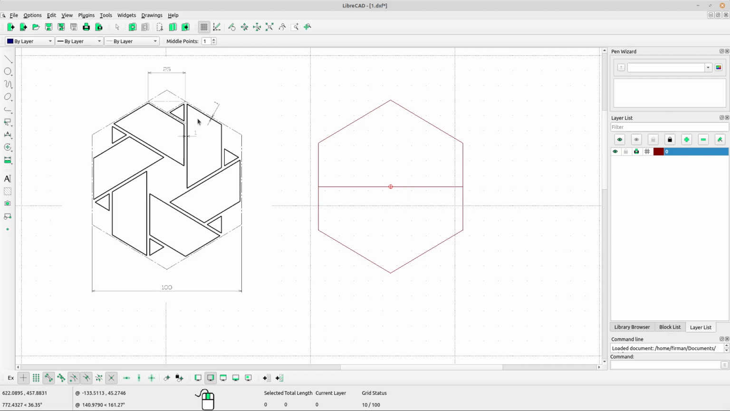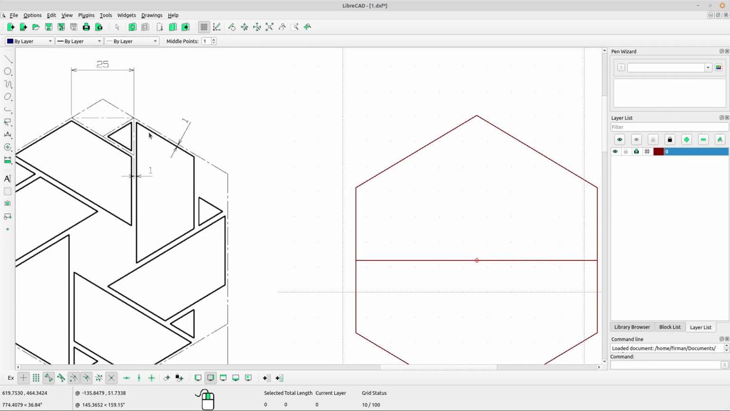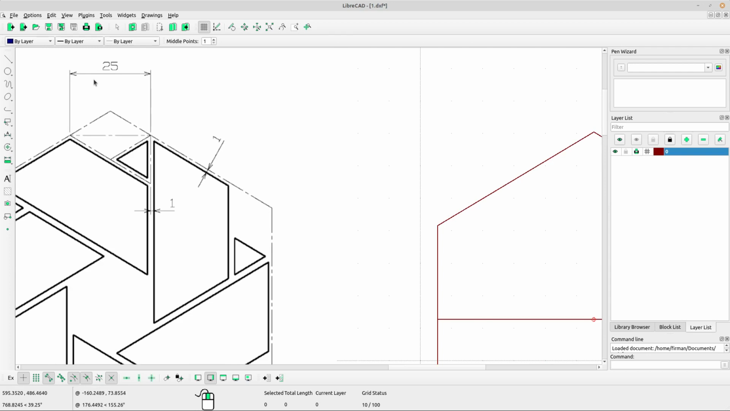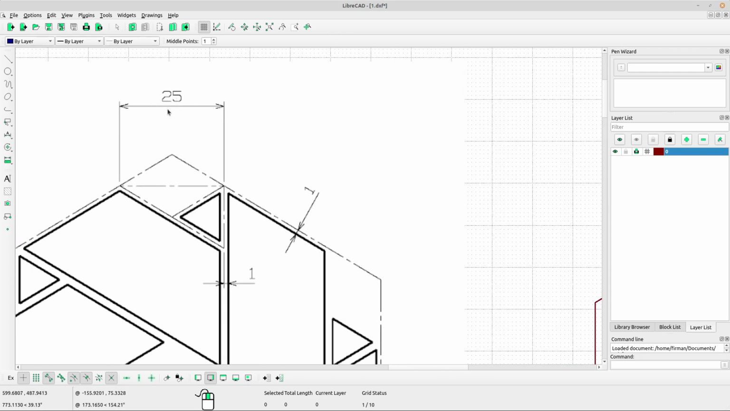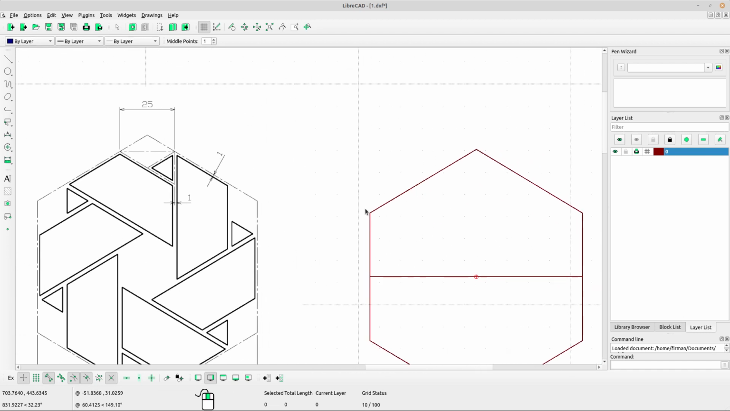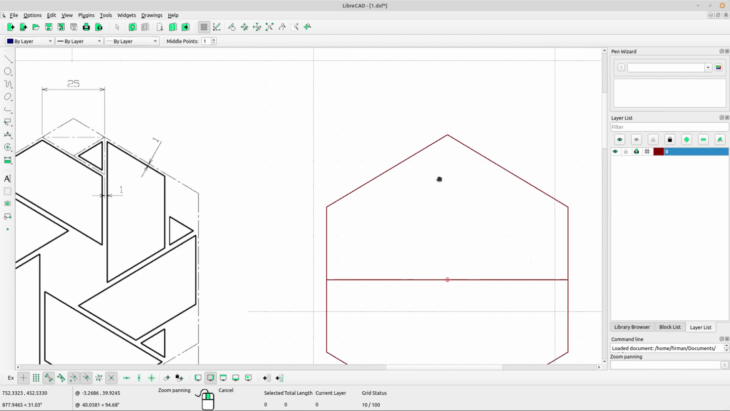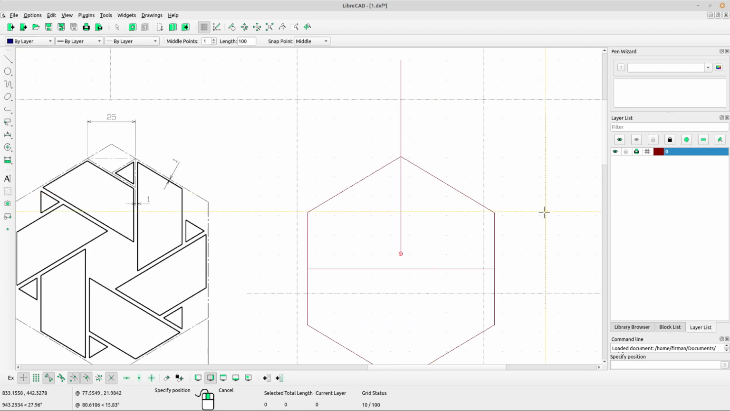Okay, now to draw this part, it is a difficult part. Okay, we have some data about the drawing. The distance from this point to that point is 25. So I think we should need a vertical line. Select vertical line and type for the length 100. Select snap point middle and middle points 1. Left click at the top of our hexagon,